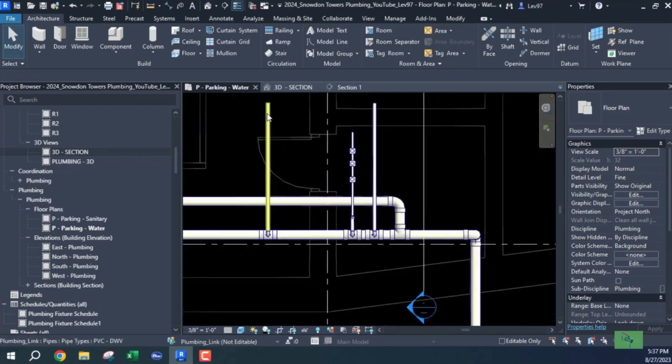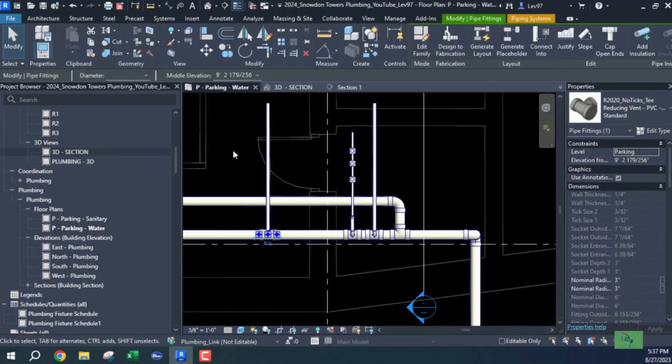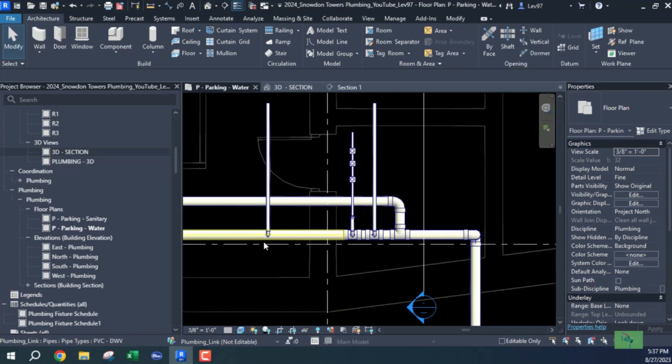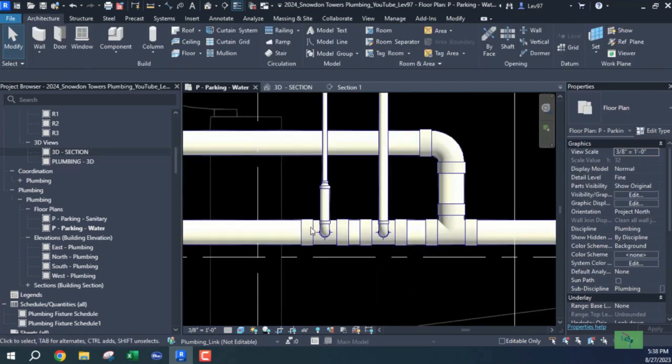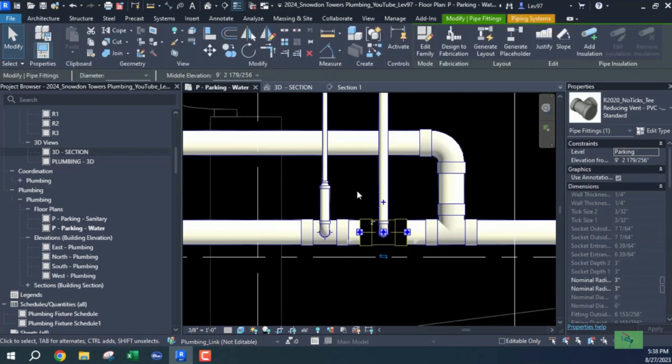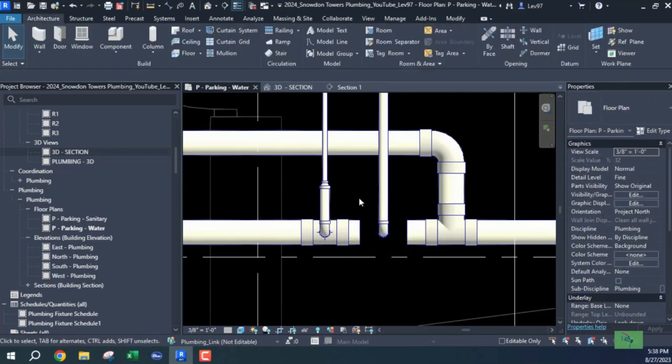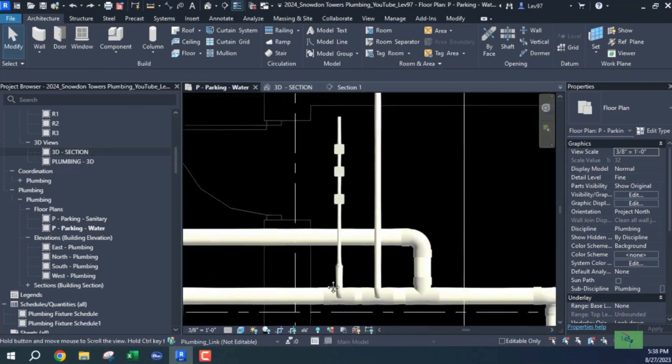Okay, so when I delete that fitting, that pipe should have split, but it didn't. And now this is a true fitting. I think that this might be a true fitting also. Yeah, okay. A true fitting. You see the pipe splits. So you can't be lazy in this case. You have to go in and